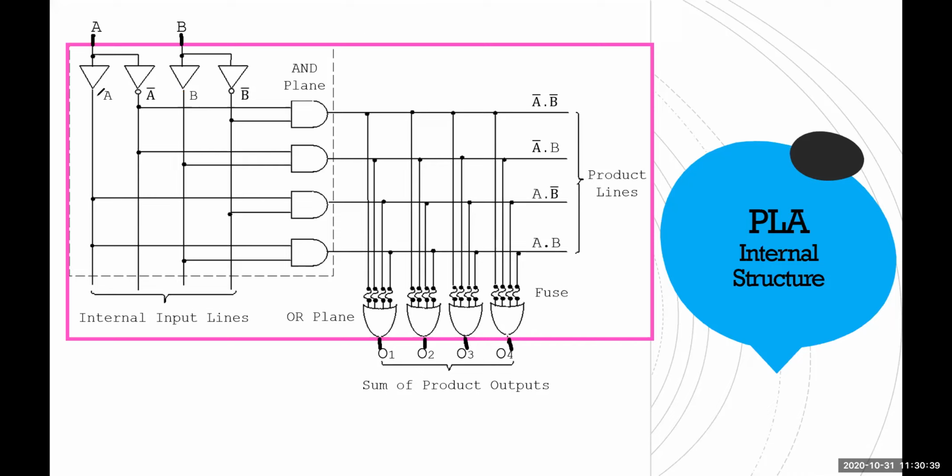Now these lines will go directly across the IC, and here you have the AND plane, a lot of AND gates: 1, 2, 3, 4. Here you have 4. You can have more than 4 as well. These AND gates will have those inputs as their input, and these are called internal input lines. The output of the AND gates will be called product lines. This product line will go to the OR gate again. All of them will go to the same OR gate.